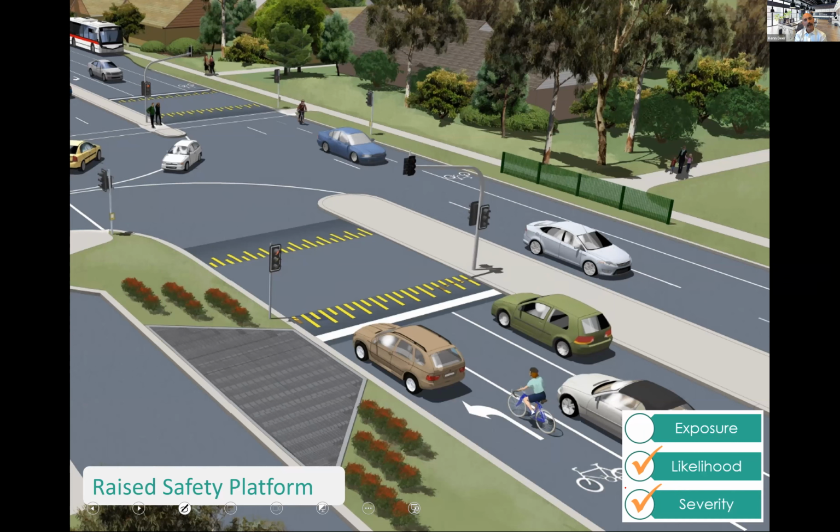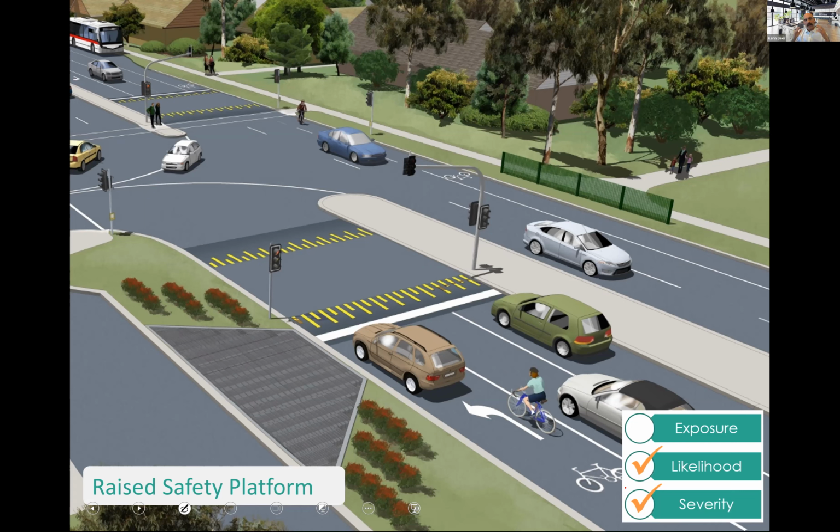But then they were smart enough, or committed enough to safe system thinking, to say, you know what, we know that the signals down the road have a crash problem. We know across our region, our 20 highest intersections for death and serious injury are all high-speed signalized intersections. Are we really just going to build another one and think we're going to get anything different? And they said, yeah, it's not acceptable. We've got to try something different.